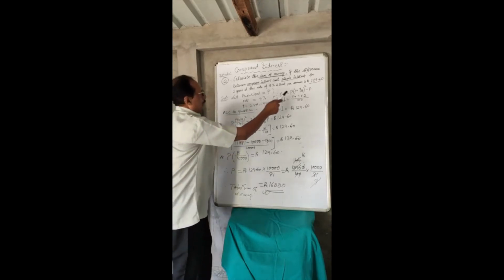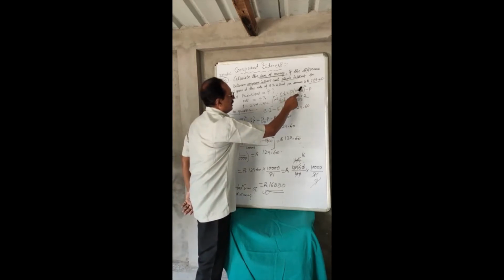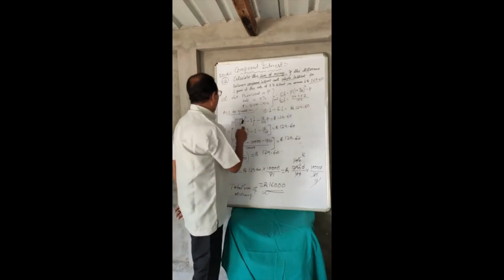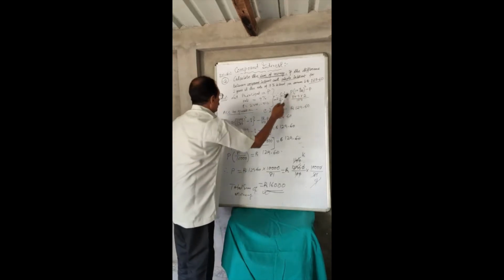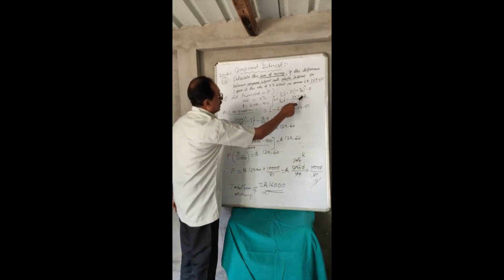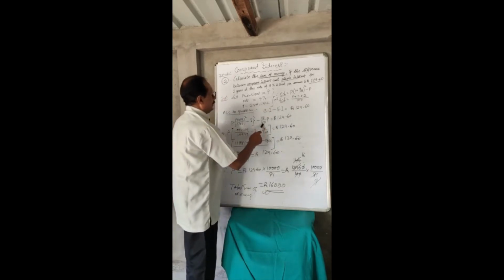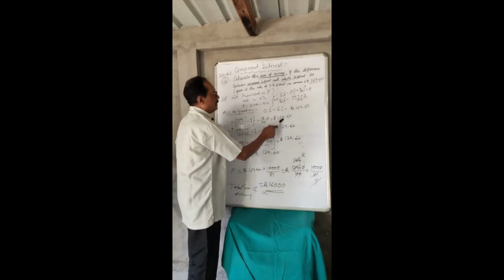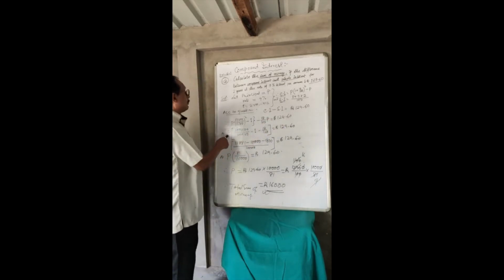So here 100 is the LCM, 100 plus 9, that is 109 by 100, 109 by 100 whole square minus 1, because P has been taken common, minus the simple interest, that is P into R into T, that is 9 into 2 is 18, into P by 100, which is equal to the difference between the interests. So calculating there, we are taking P common from all three terms.